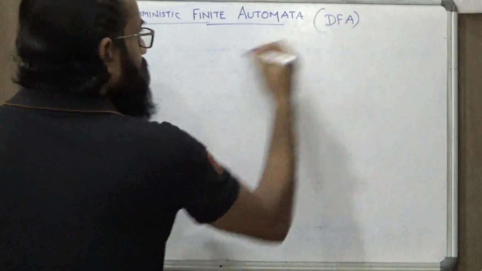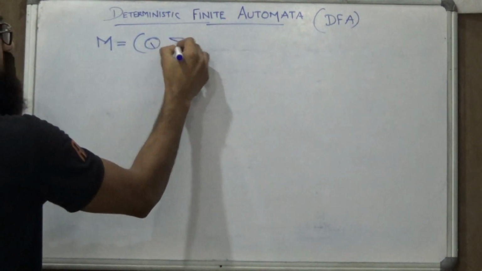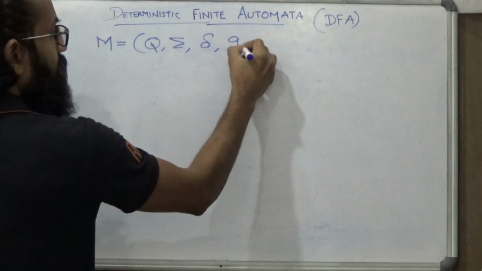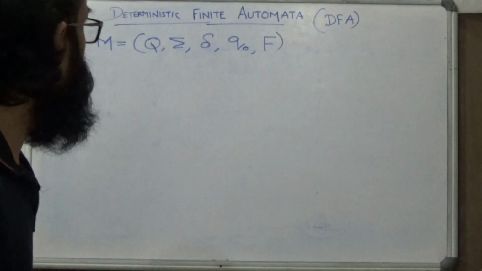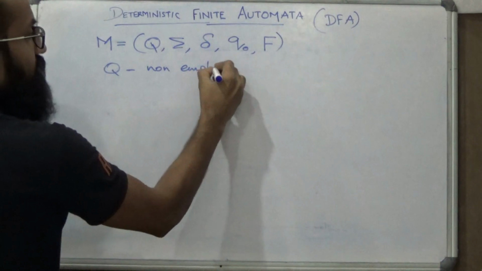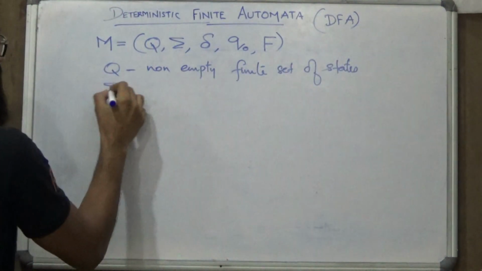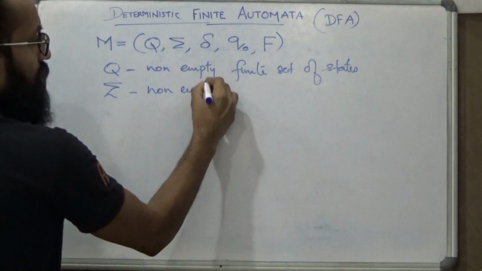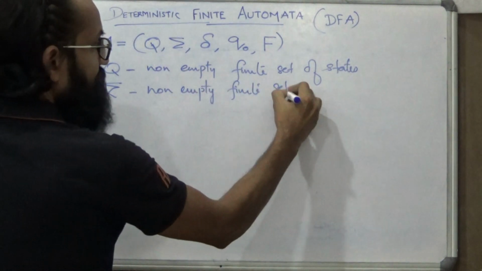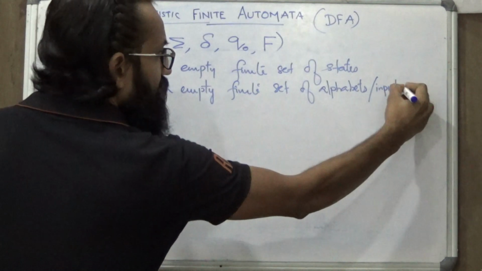Deterministic finite automata, abbreviated as DFA, is formally defined as M equals Q, sigma, delta, Q0, F. These are the different components of a deterministic finite automata, where Q is the non-empty finite set of states, sigma is the non-empty finite set of alphabets or input symbols,